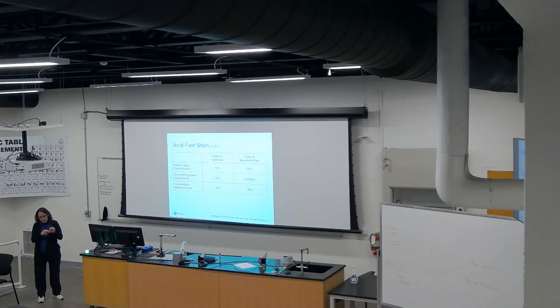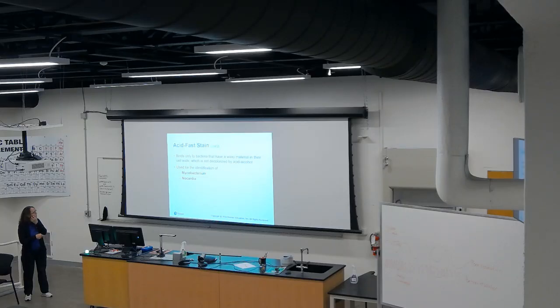Acid-fast microorganisms typically have a thicker wall than usual. And this wall has a waxy material in their cell walls that prevents the use of the normal reagents that we use for gram staining. One will say, well, why do you use a different technique? Why don't you use gram stain? Well, this thick wall prevents the entry of the crystal violet,